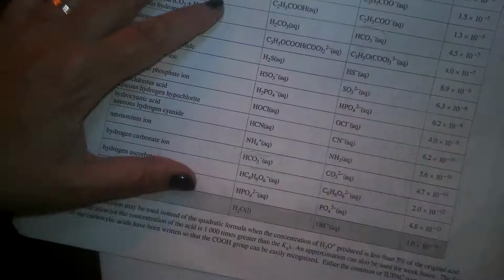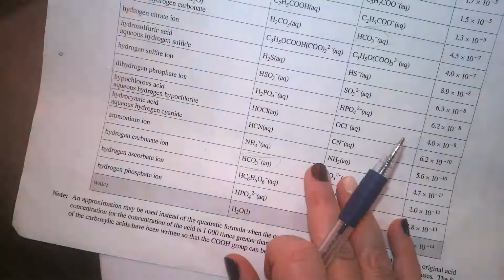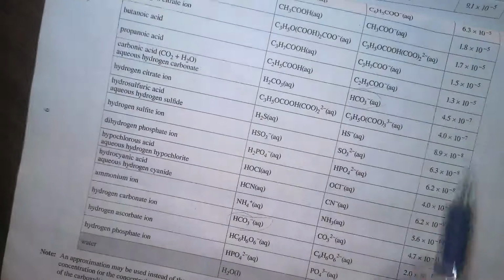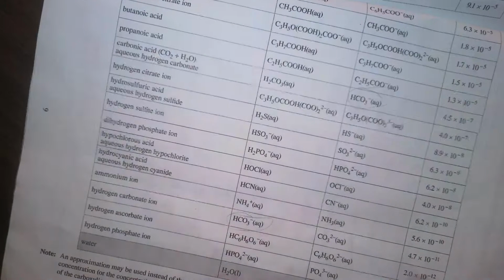These ones underneath the gray, we call these weak acids. Not necessarily. So these would still be weak